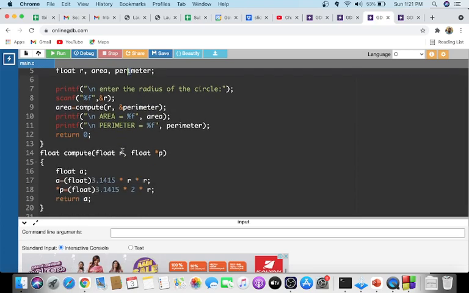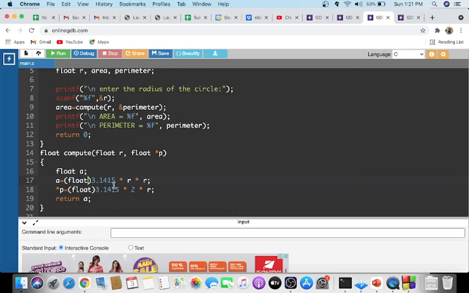Now inside this you will get the R value, and that address will be stored in a floating point pointer variable P. Okay. Now you are using the value to calculate the area, float A. This is actually typecasting, which you have already seen. You are converting 3.14 into R to a float value, and it will be stored in A.